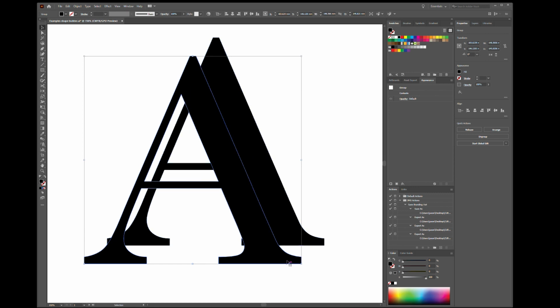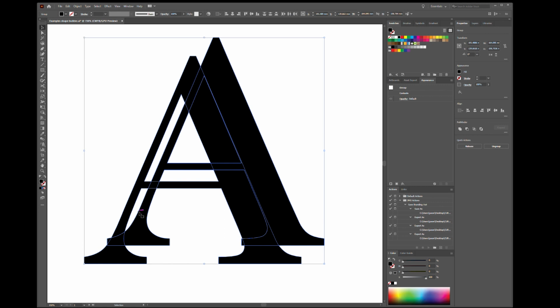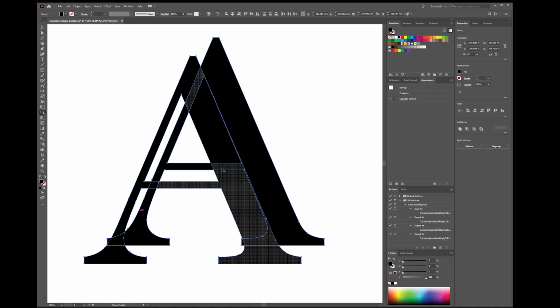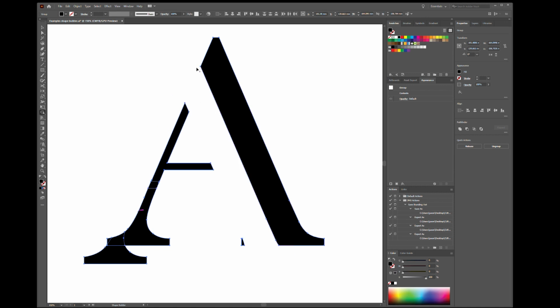Select both objects, open the Shape Builder tool, Shift M, and if I hold the Alt modifier to subtract, as I drag, you can see it's subtracting one shape from the other, and that gives me the perfect angle that I'm looking for effortlessly. I quite like the consistency. I'll subtract the same width here as we have for this part of the A, but I'm just going to get rid of this little piece sticking out of the bottom,